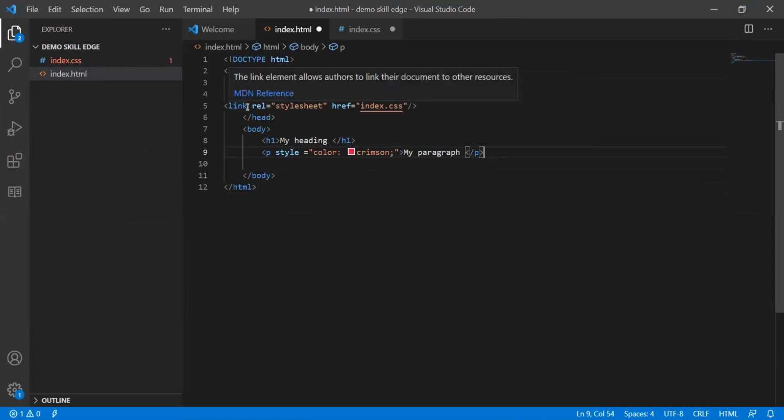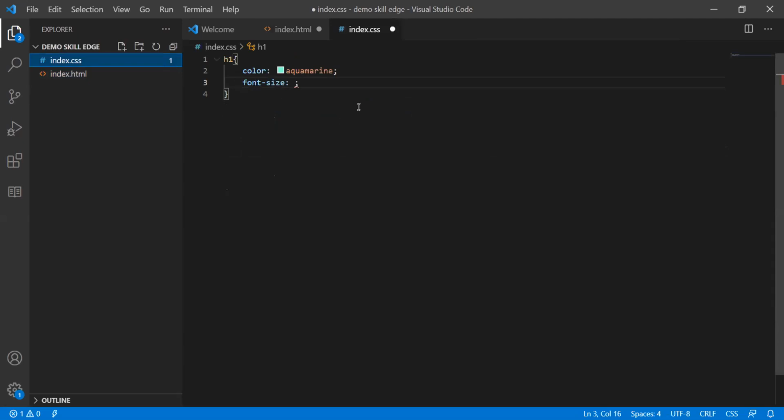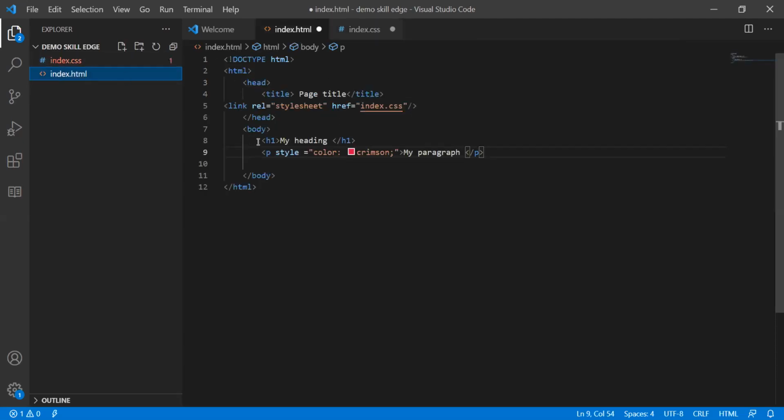So I have removed that, and in that place, I have created one more link called stylesheet index.css. We are going to apply this H1 change in this particular file. We are creating a file with index.css here. These particular changes are going to apply on this H1 tag. Is it clear, guys? We are not applying it inline. We are trying to create an external file and link it with this.